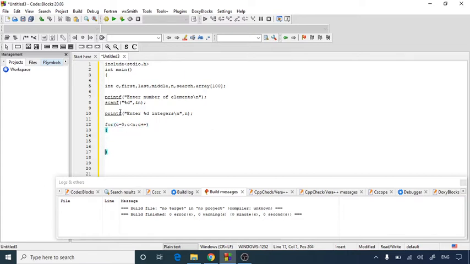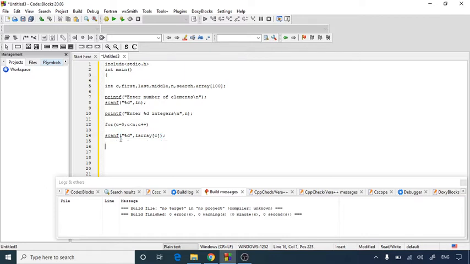For each position we have to assign the entered value with scanf("%d", &array[c]). This way we have assigned the given value to our array.